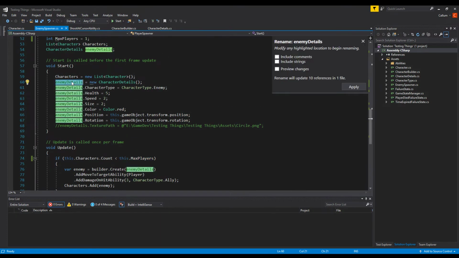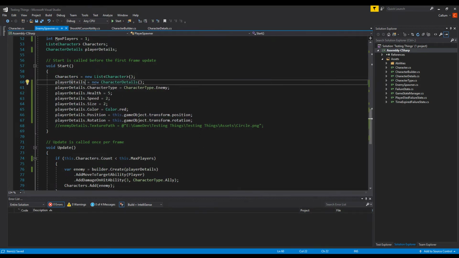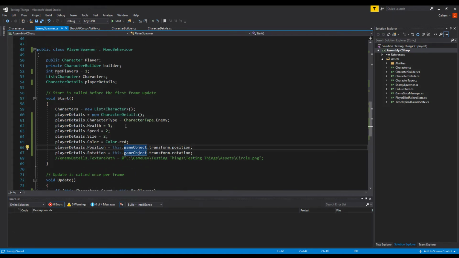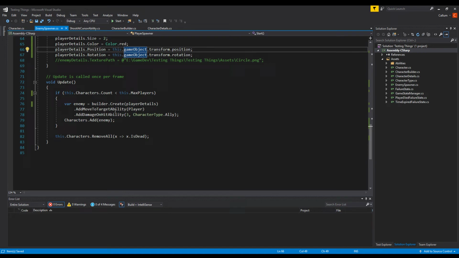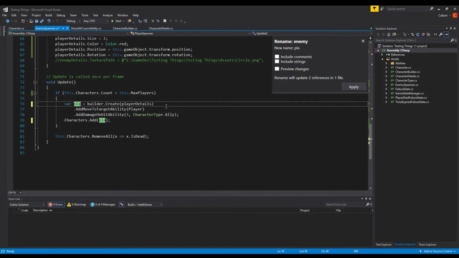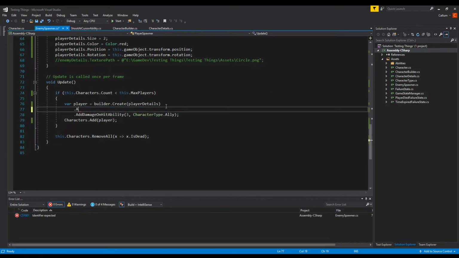Let's change this to player details. I should probably change this to just be a character spawner, right? But that's fine. We're probably not going to use these spawners. We're going to make characters who are the spawners. So this is fine for now. And the player doesn't use move to target. He uses